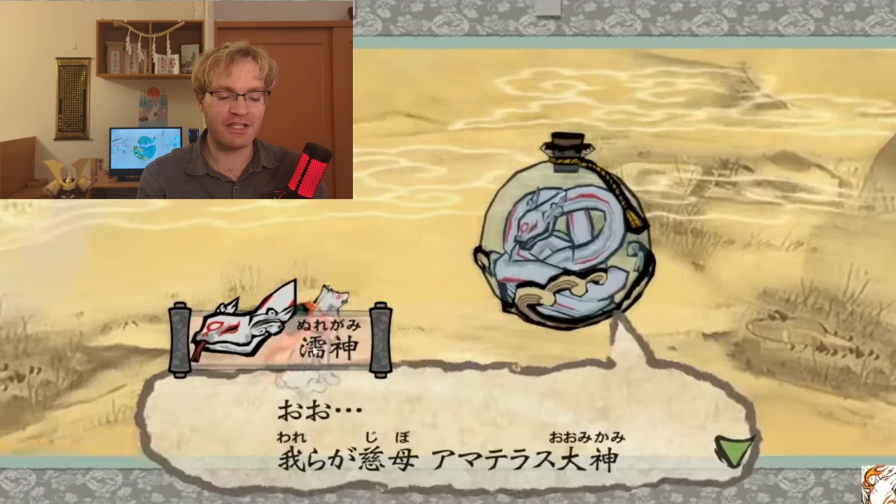So Nuregami, this kanji here for nure means to wetten, to cause to be wet. Now, please, I know there's plenty of jokes we can make here. Let's just be adults about this, okay? But so to be wet, to make wet, and then kami. So the water god, I guess you could say. So she's a water god, okay? She gives you the power of water. Let's just leave it at that.